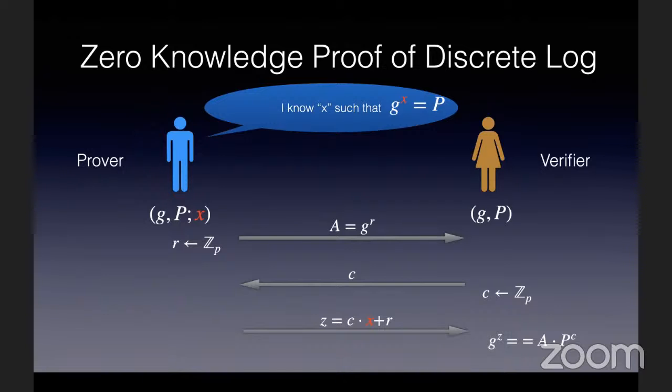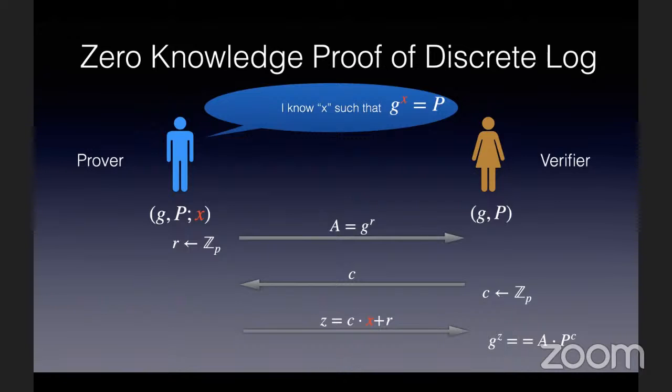But that is the prover leaking its secret information, right? Why? Because it may not want to leak it. Let's say you have access to some premium parking slot if you can show that you know such an x. Now, if I tell this x to other people, they can also make use of that x and have access to my premium parking lot. So I just want to show that I know such an x, but I don't want to reveal this x. So what the prover does in this case is it chooses a random r, and it sends A, which is g to the power that random r.